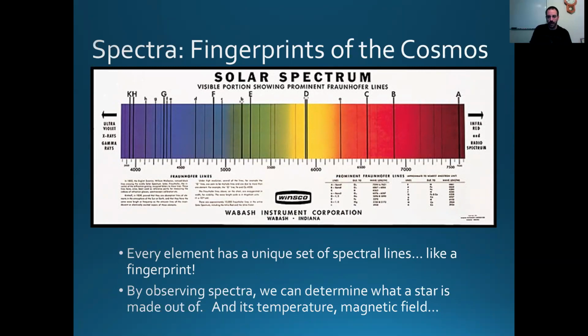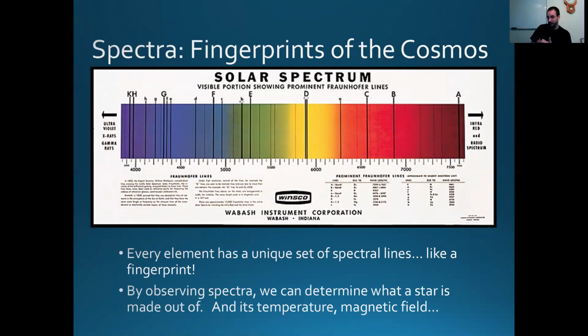So when I look at a spectrum, it's like looking at a fingerprint. When I look at this, I can tell you what elements are present. Like I know that these two close lines in the yellow, that's due to sodium. This line over, let's see, 656, that's due to hydrogen. There's another one here at 486, that's also due to hydrogen. There's a few that are due to helium and so on down the line. So if we look at a star, we can actually tell what chemical elements are present.